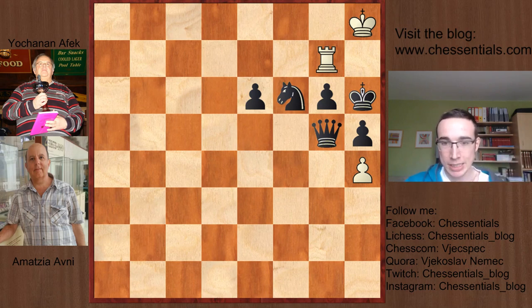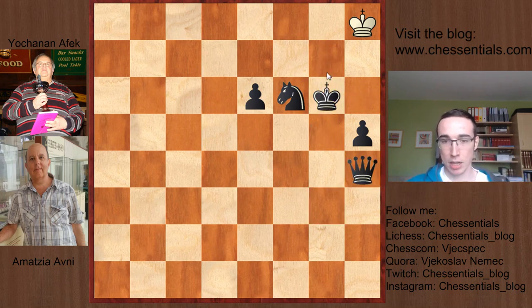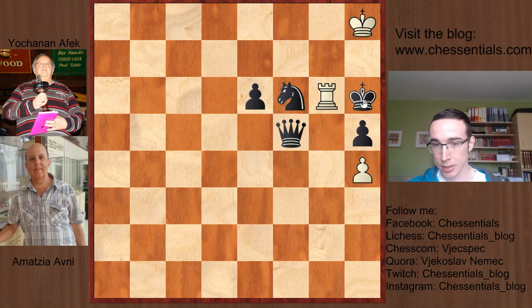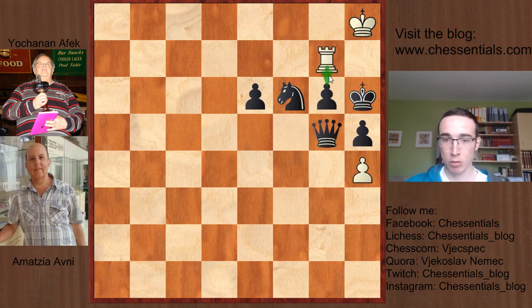And the point of the idea is that white wants to go rook takes g6 with stalemate ideas. So for instance, if black takes on h4, rook takes, king takes, stalemate, and white draws. If black plays something like queen f5, once again rook takes, and after either rook or king takes, either queen or king takes the rook, then once again stalemate. So yeah,